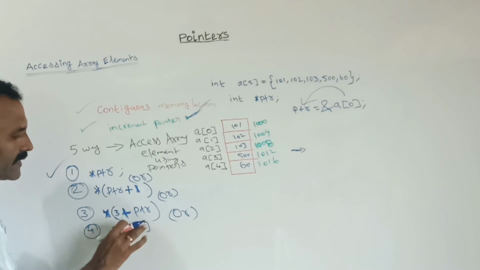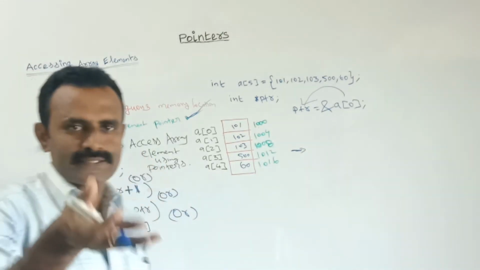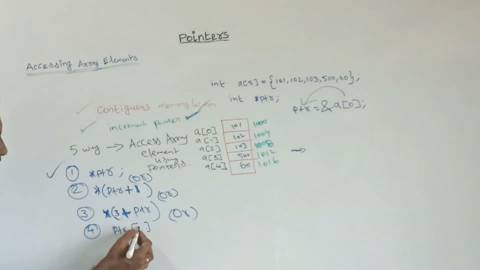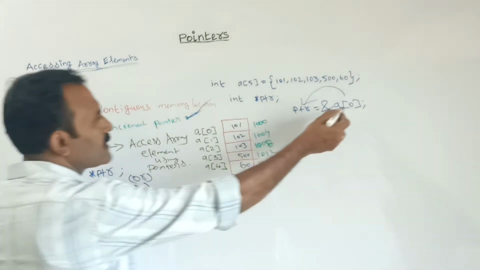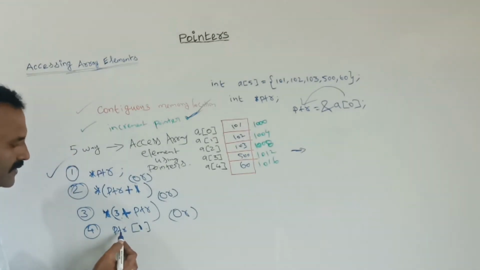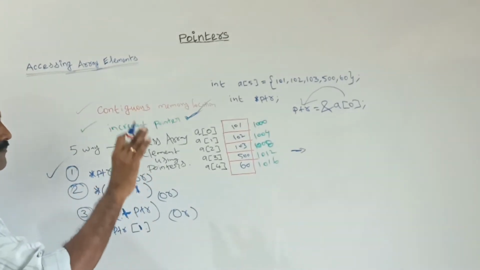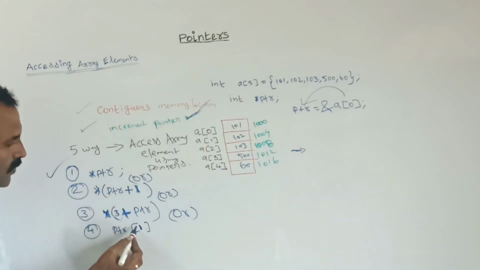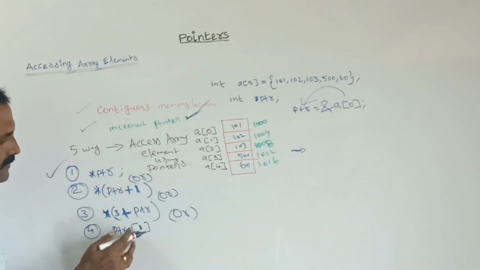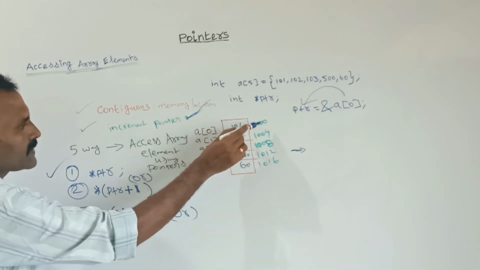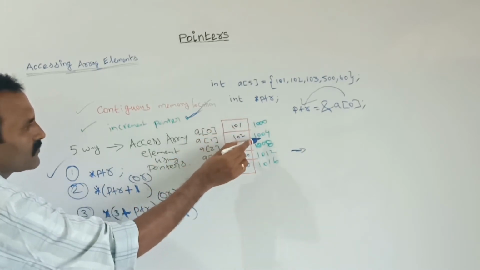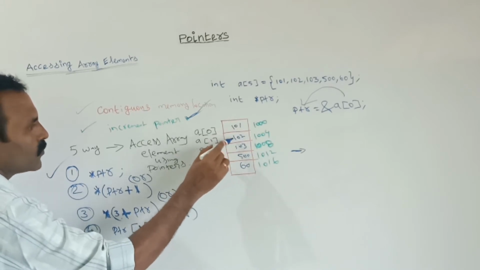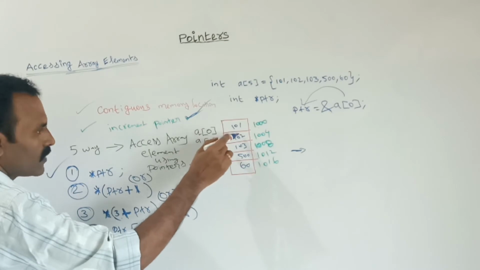Suppose I want to get the next address from the current address, then I can give like this. If I am giving here 1, currently what is the address here? 1000. So ptr[1] means from the current address it gets the next value, that is 1 value next to the current address. So 1 value next to 1000 comes 1004, and in the 1004 we had stored the element 102. So here we can access the element 102.